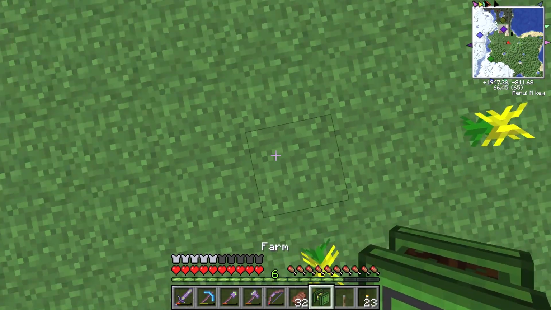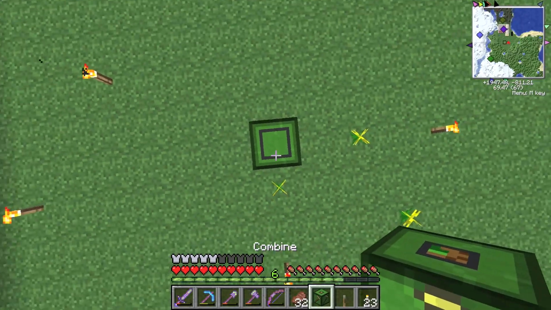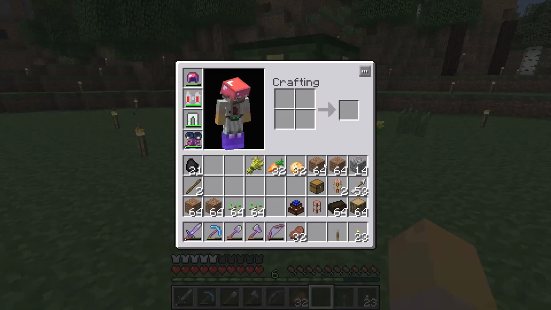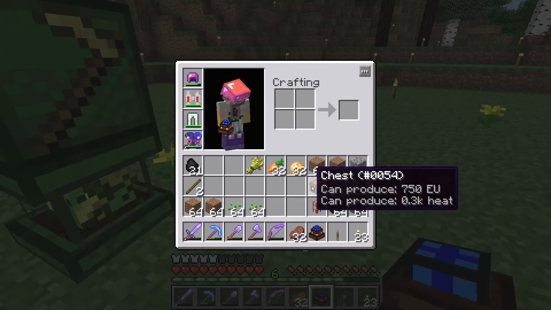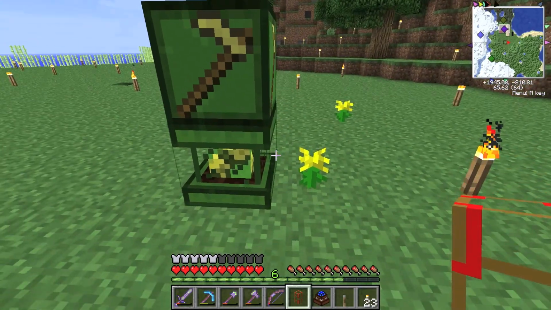Okay, so farm's going to go at this level. Combine will go right on top of it. And we need to power them. So we'll do it the same way we did that over there with...